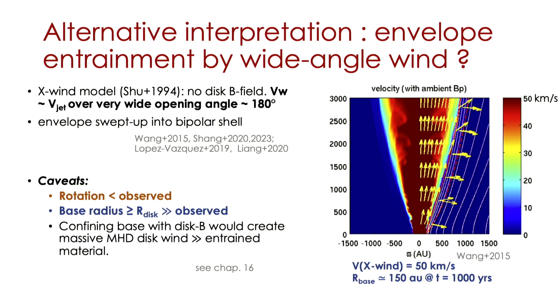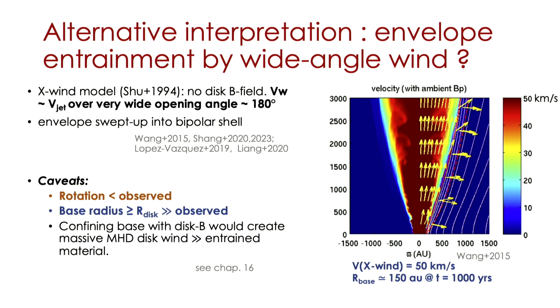There's a second problem. It's the base radius here. This is a simulation at 1,000 years. You can see that the base radius here is already 150 AU. That's because the X-wind has such strength, even though it's denser on the axis, there's still material going off at the equator at 150 or close to